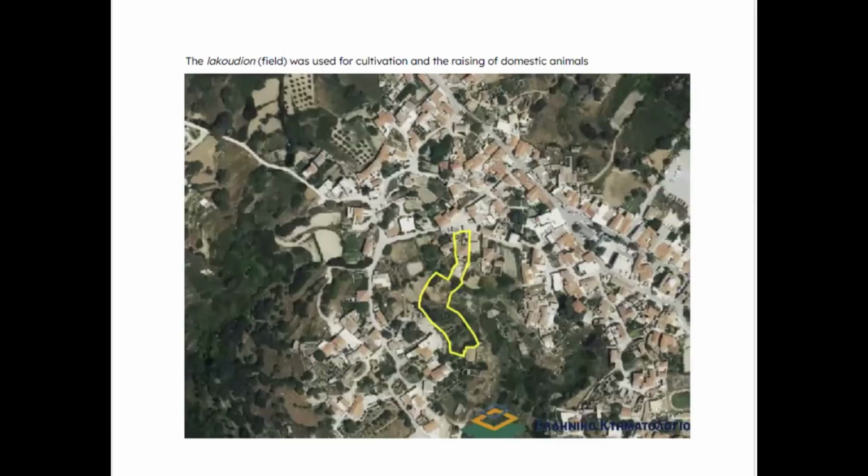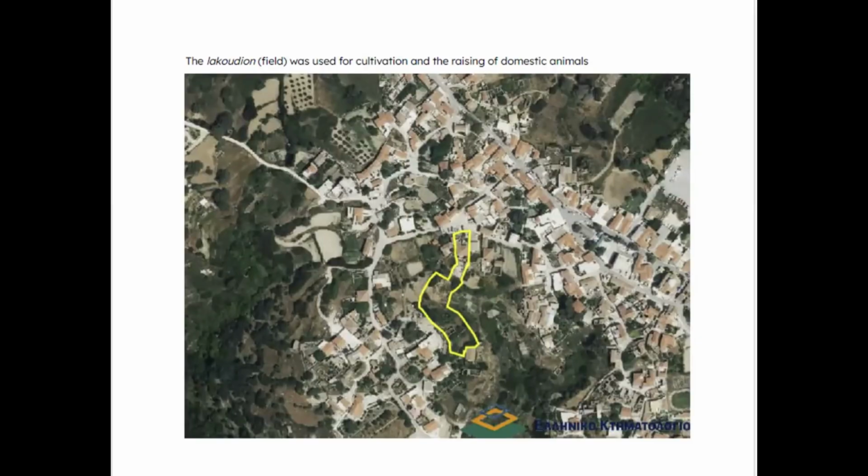Here is the property. Actually, we can see the border line from above. The narrow part is where the family house was, their urban house, let's say, because this village, for Kythira, is a big one. And they lived in the narrow part, and the wider territory was the part that they cultivated. They kept the domestic animals. They kept the harvesting, and